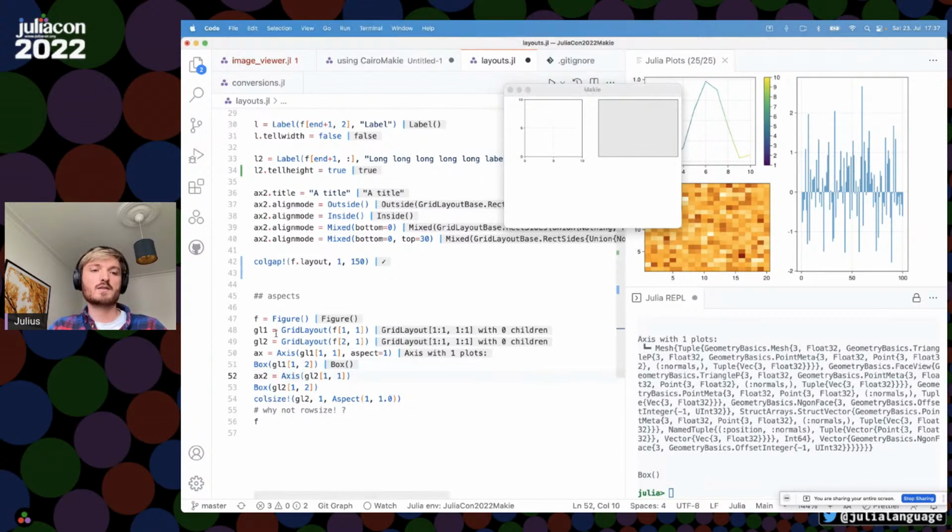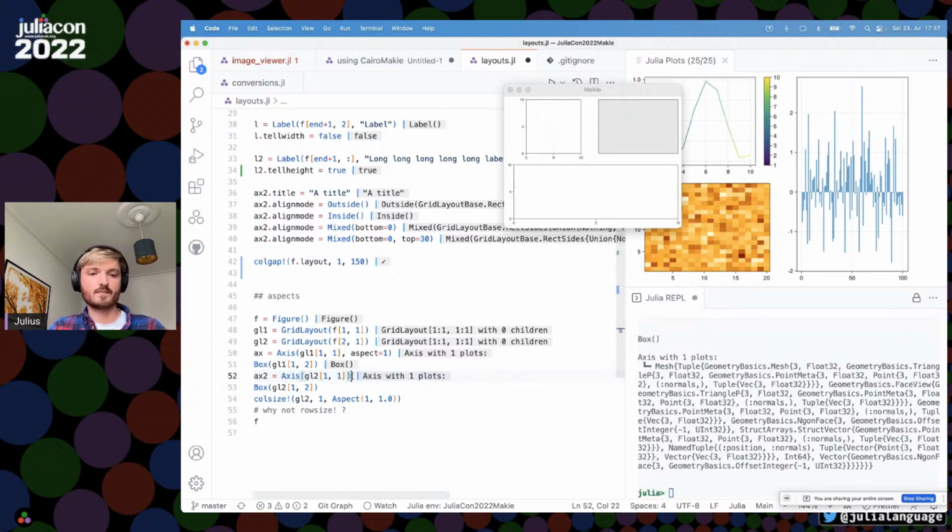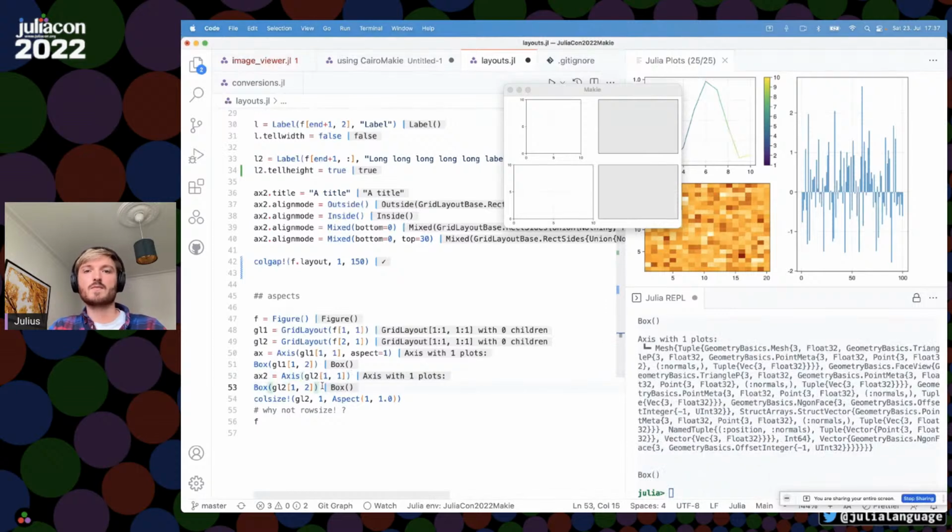And so now I'm putting stuff in the second grid layout, which is currently empty. I'm putting in an axis again at row 1, column 1, which spans the whole nested grid layout in the lower row. And I place another box here. So now this is the default thing where no aspects are set. And now you can see the box has the same inner size as the axis, but we want the axis squared, right? So what we can do is on the layout level,